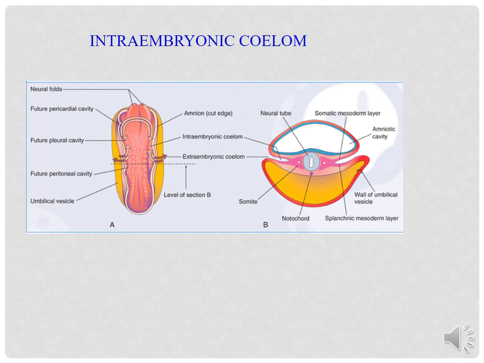And then with dotted line, we have taken a section which is seen in figure B, and here we can see the transverse section, how there is formation of intraembryonic coelom and how the extraembryonic and intraembryonic coelom are communicating with each other. And we can also appreciate the somatopleuric layer and splanchnopleuric layer of mesoderm in diagram B.